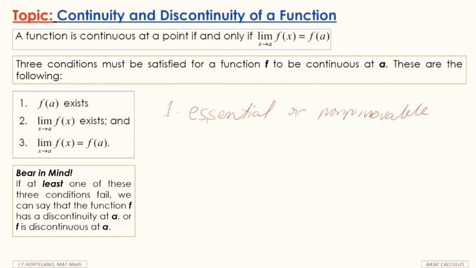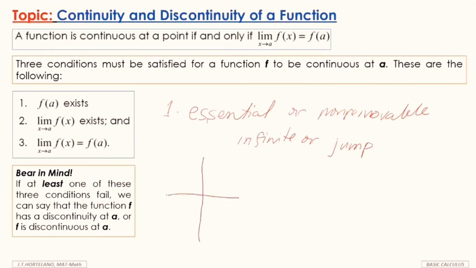Okay, essential or non-removable. Now essential, this kind of discontinuity can be classified as infinite or jump discontinuity. So for example, the graph, if you have this kind of graph,